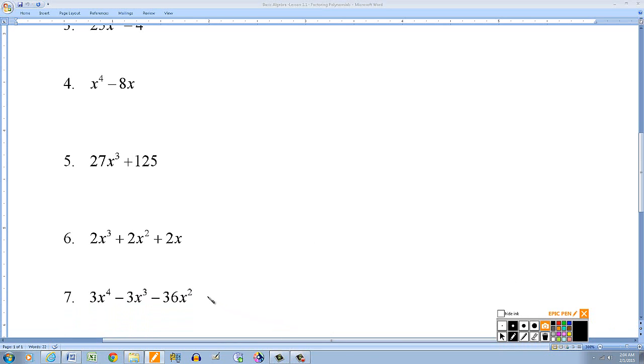We have 3x to the fourth minus 3x to the third, minus 36x to the second. So the highest power of x is x to the fourth, and the lowest power is x to the second. So that allows me to take out an x squared. And all the terms are divisible by 3. So that tells me that I can take out a 3x squared. So look for the GCF, especially if you're dealing with binomials and trinomials. If the GCF is something other than 1, then factor it out and then apply one of the methods that I pointed out. So in this case,